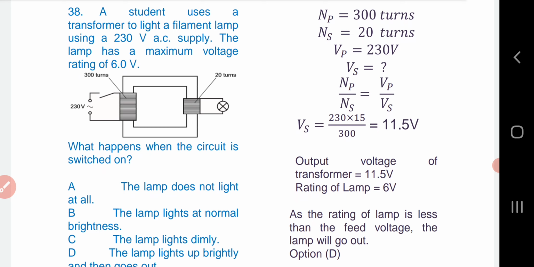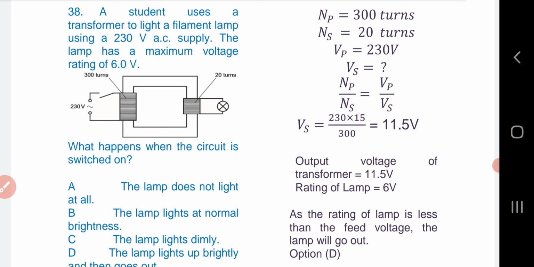Question number 38. A student uses a transformer to light a filament lamp using a 230 volt AC supply. The lamp has a maximum voltage rating of 6 volt. What happens when the circuit is switched on? And the answer is